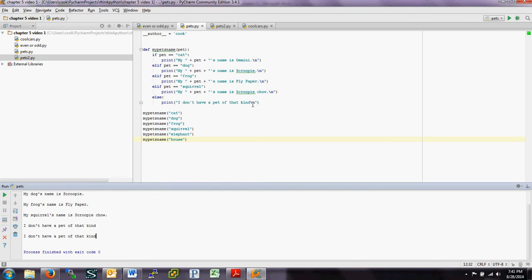Now, this isn't exactly related to the conditionals and the if, else setup, but I do want to point out that in 3 or 4 different places, I'm basically printing out the same kind of string. The only difference is here I've got Gemini, here I've got Scroopy, here I've got Flypaper, and here I've got Scroopy Chow. If you're doing that kind of thing in 4 different places, that's actually a perfect opportunity to use another procedure. So I rewrote this in Pets 2,